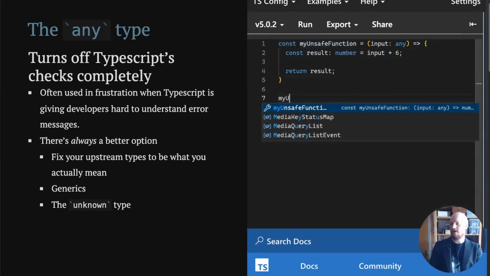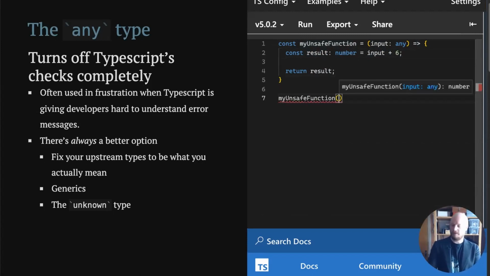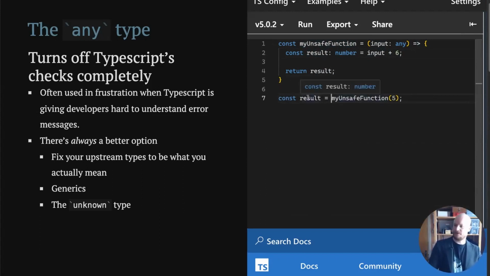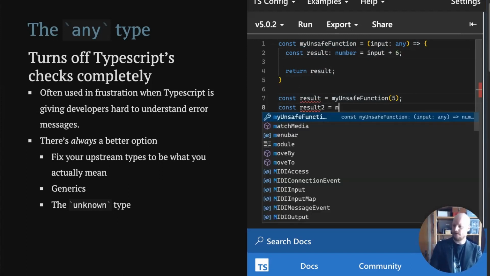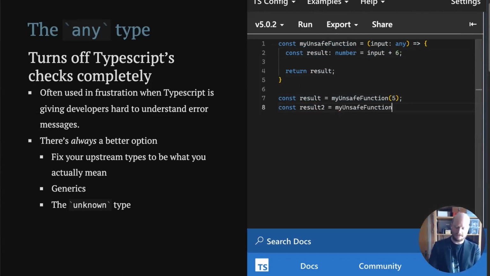So if we then call my unsafe function with 5, const result, we see that result here, it's a number. And in this case, the number would be 11. And if I do const result2 equals my unsafe function true, we see that result2 is a number.